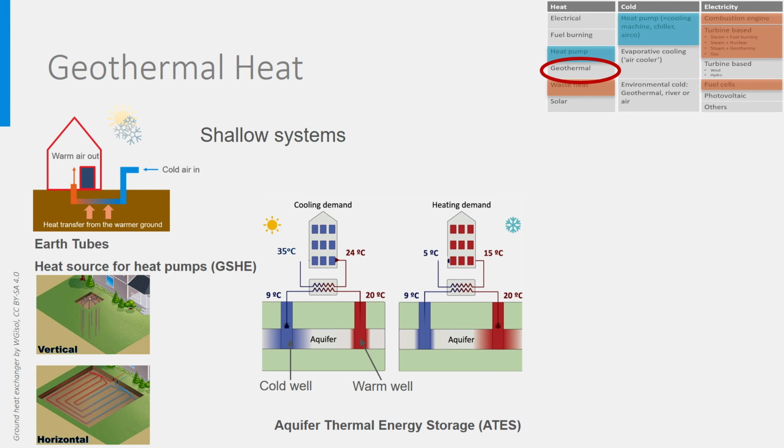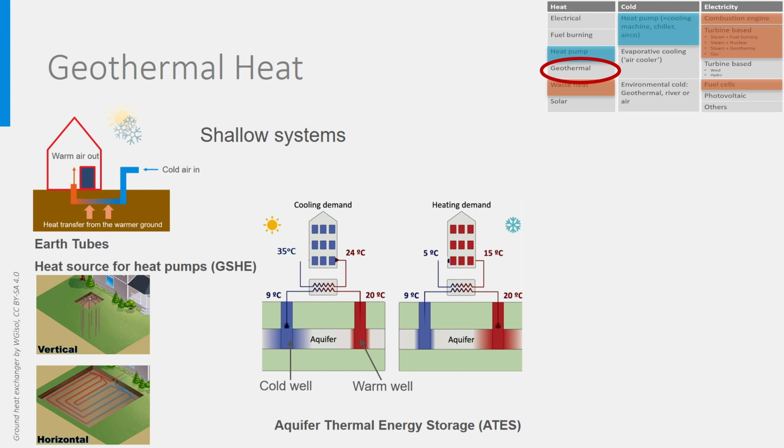In general, there are temperature limitations, and for instance in the Netherlands it is forbidden to use warm well temperatures above 25 degrees. It is also mandatory to make sure and demonstrate that there is a thermal balance in the ground, meaning that the quantity of heat extracted is the same as the quantity of heat supplied to the ground. Be aware that these systems in fact do not even use the heat from the ground. They just store cold and heat from the building and the outdoor air.